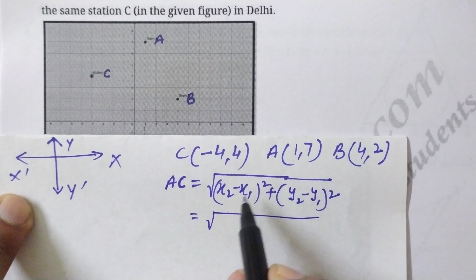So let's see what is the fourth part. The location of the station is given by, station is C. So we have to find out the coordinates of C, which we found in the beginning. The coordinates of C is minus 4 comma 4. So the correct option is B, minus 4 comma 4. Station is C. Okay, so the next question is, the location of the town B is given by. So we have already found this. 4 comma 2 is the location of B. So 4 comma 2 is the right option. D is the right option.